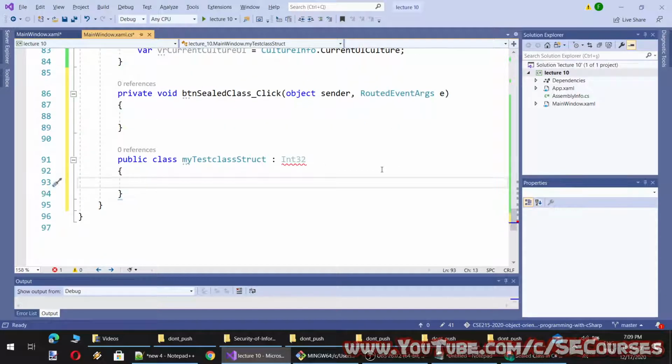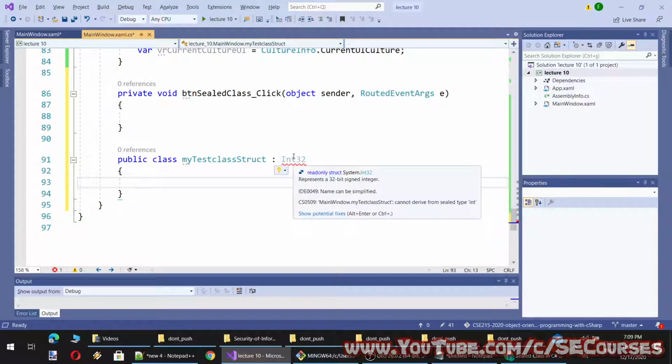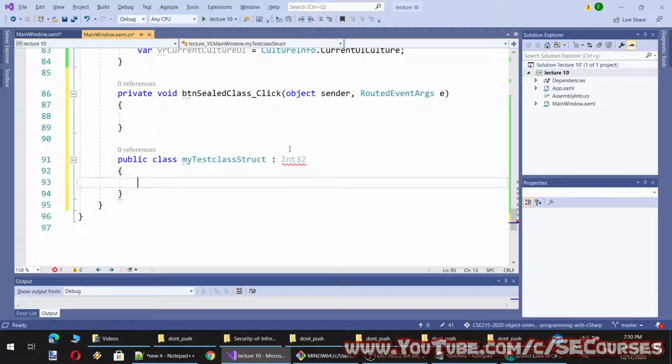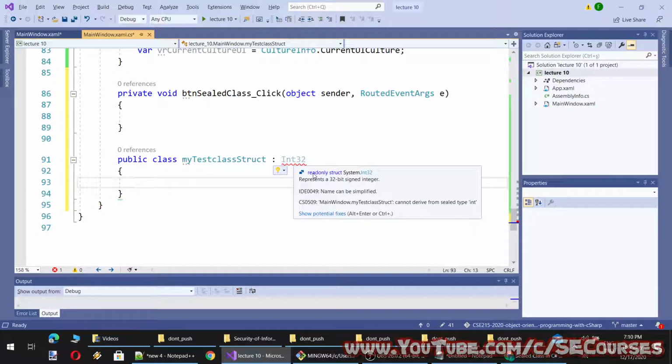Okay, you see, now it is preventing me to compose a class like this. Why? Because it says that cannot derive from a sealed type integer. So as from here, we see that it has read only struct.